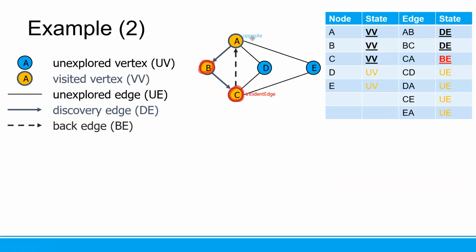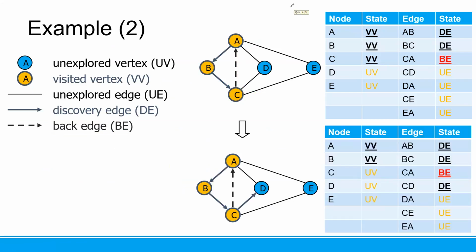But there's a question. Is A an unvisited vertex? A has been visited. Okay. Because A has been visited, we call this a back edge. Instead of doing this as a discovery edge, this is a back edge. So we will not do this as the searching on the DFS. So this is the back edge, and then we will go to another